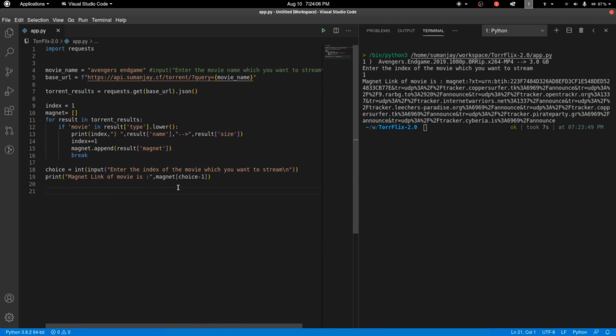Now what we want to do is stream it in the VLC media player. So we have to write a function and we have to find something which can take a magnet link as input, and then we directly start playing in VLC. We don't want any kind of other stuff, so we will find some library which can do this. So what we'll do is, everything is fine. We'll get rid of this,